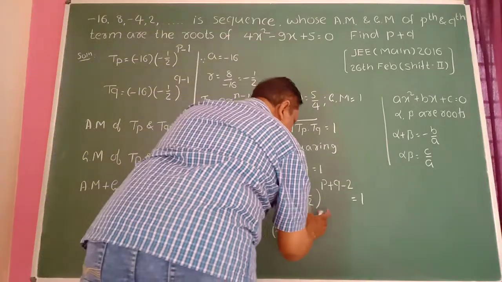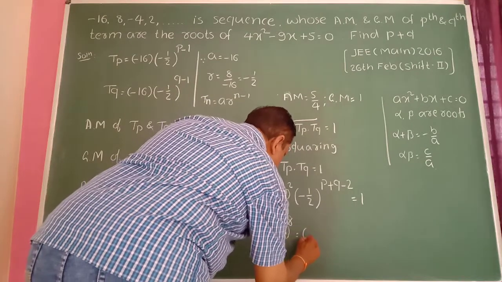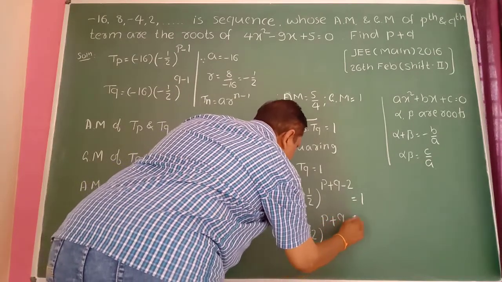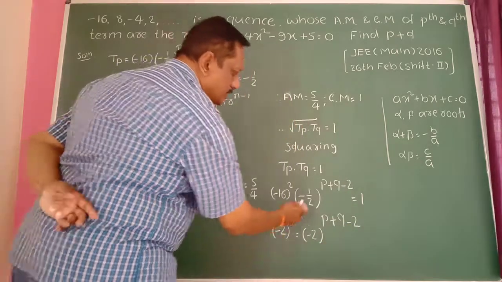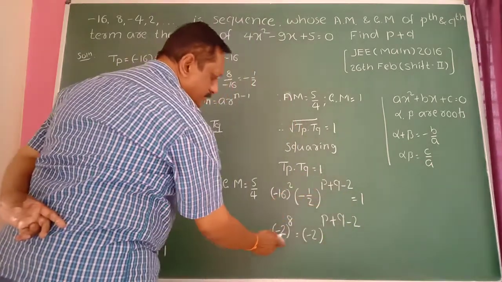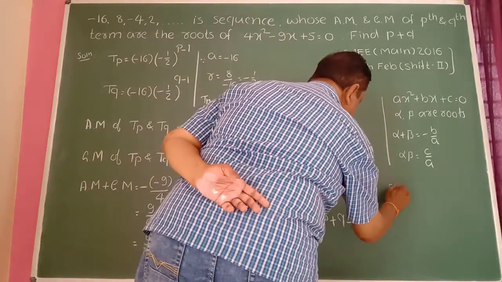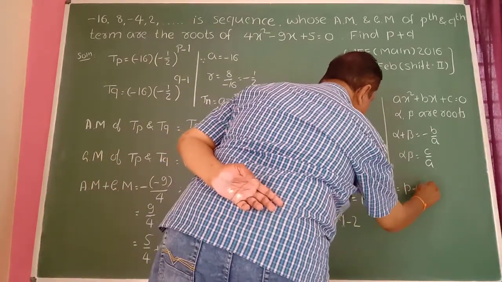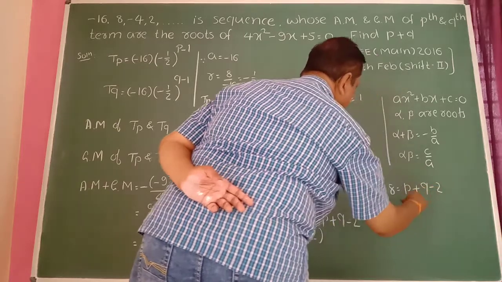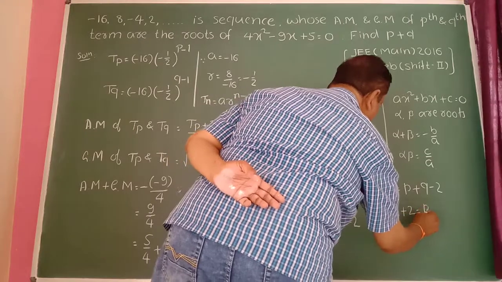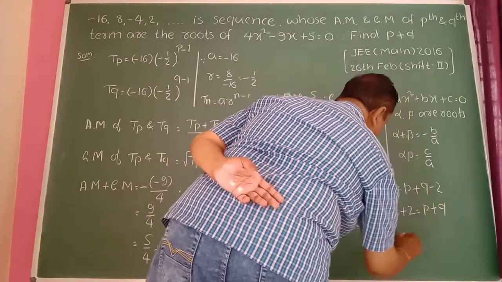Then take this term, that's it. Cross multiply. It gives minus 2 raised to p plus q minus 2. Cross multiply, we get this here. So the bases are the same here, equating the exponents here: 8 is equal to p plus q minus 2. Take minus 2 to this side: 8 plus 2 is equal to p plus q. Hence p plus q